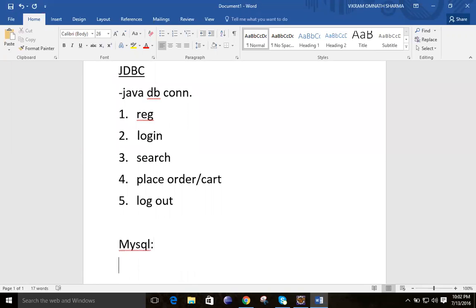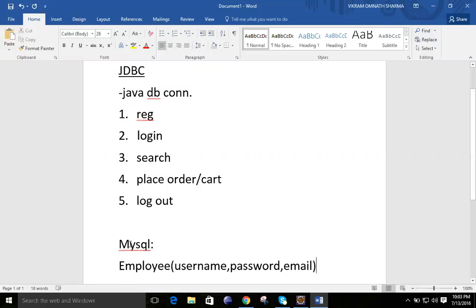So suppose here in the MySQL database, we have one table that is known as employee.